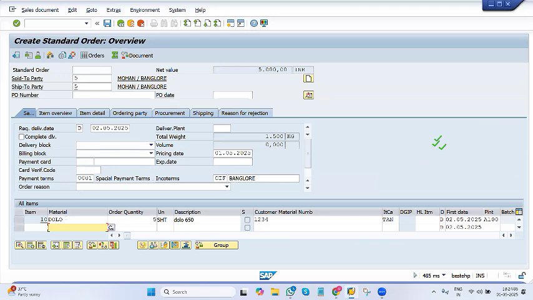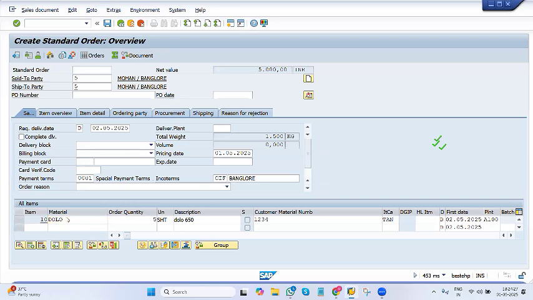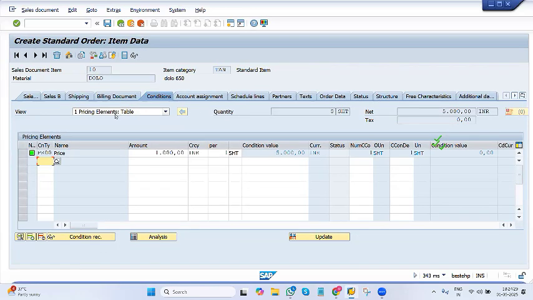Net value is 5,000. So if you double click on this material, you go to condition tab. So here it will show amount 1,000 for one sheet. So total condition value 5,000 because the quantity is 5. Okay. So this is how we'll create an order. Just that's it. Okay. And before creating delivery, we just go to